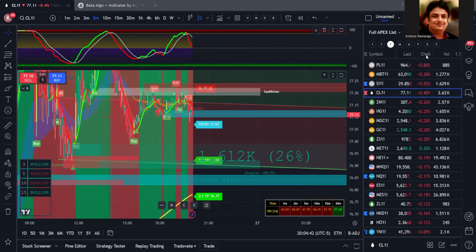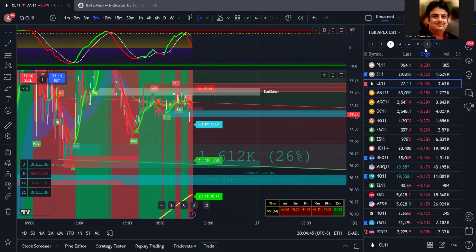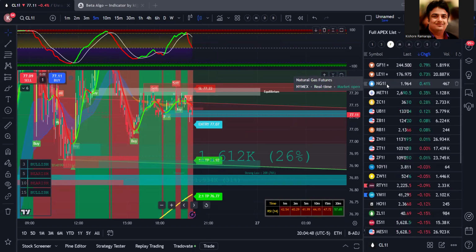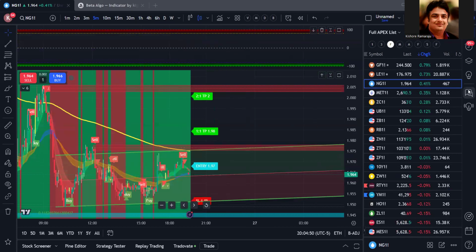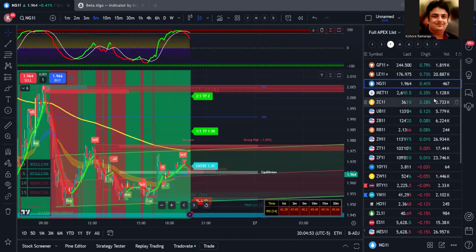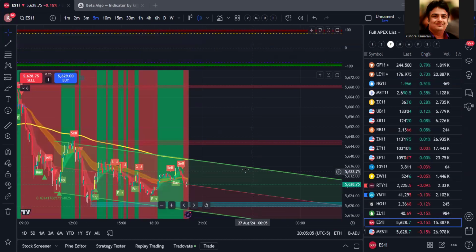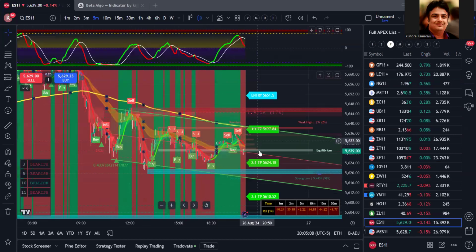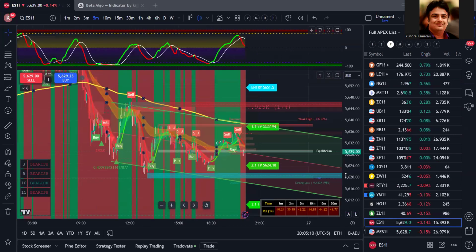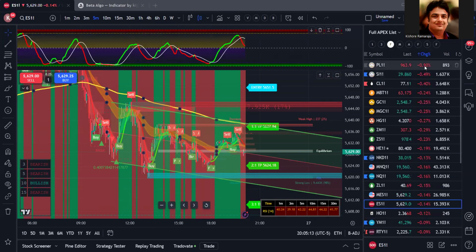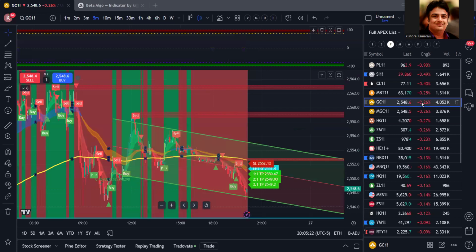So like this, you will identify which are the most bullish and most bearish. For example, this natural gas, there is not much volume, right? And it is also just 0.4%. The market is closed for these ones. Everything else is choppy, just moving up and down, with not much volume, and they are in a consolidation zone. So mainly we'll focus on either silver or crude oil, Bitcoin, gold. Gold also it is not